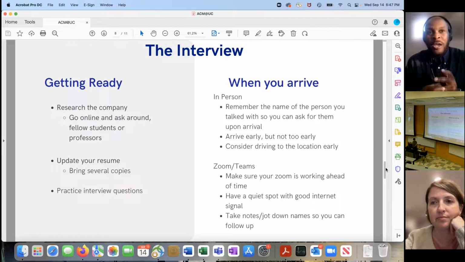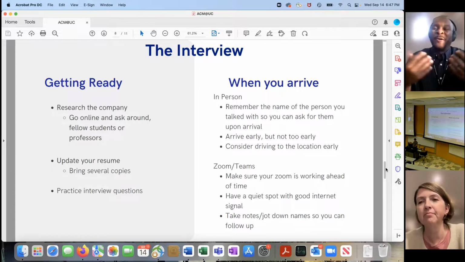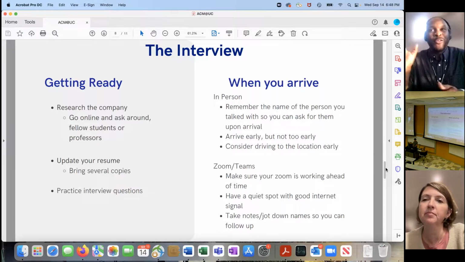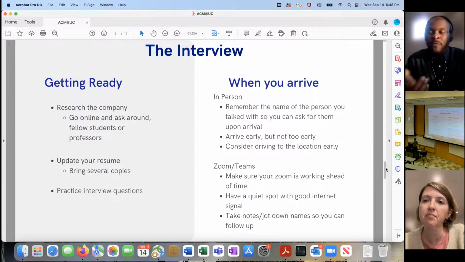I actually used to work at a company that would ask the front desk staff after we had candidates come in to interview, how did that person approach the front desk? Were they smiling? Were they disheveled? Were they confident? Were they on time? Right, and they would use those little cues to measure how someone responds when they don't think they're being watched. So just keep in mind all those things when you're ready to interview. You want to be as stage ready as possible.